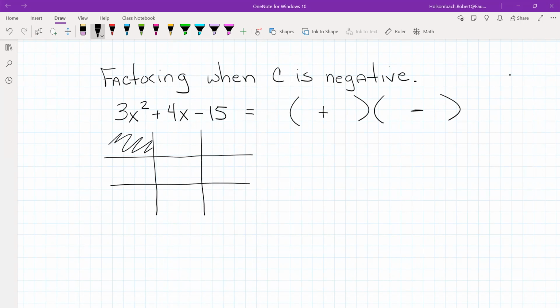So there are only two factors of 3x squared. We got 3x and x. But we've got multiple factors of 15. We got 1 and 15, and we have 3 and 5. And we've got to get to a positive 4 in the middle. So